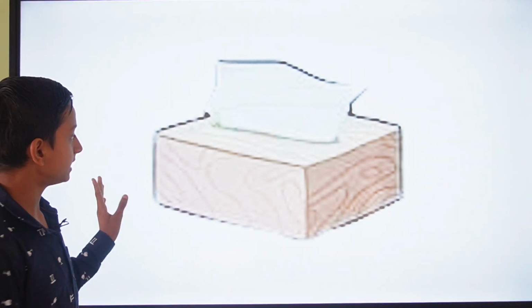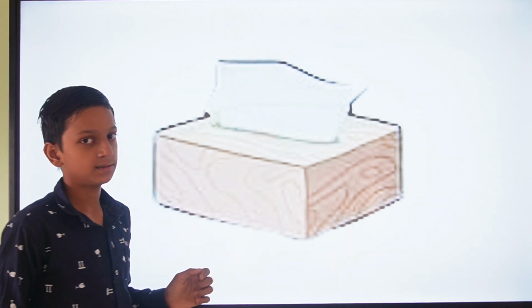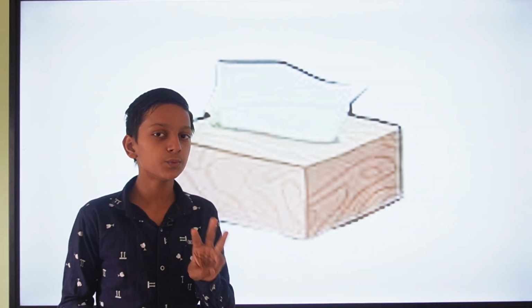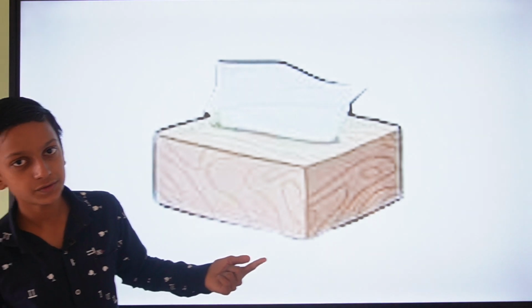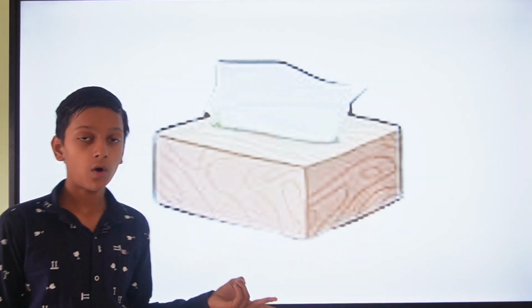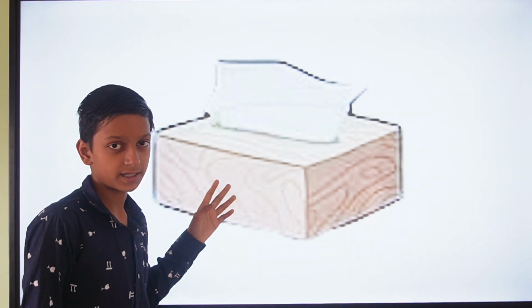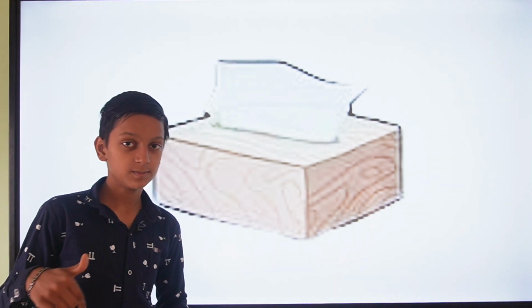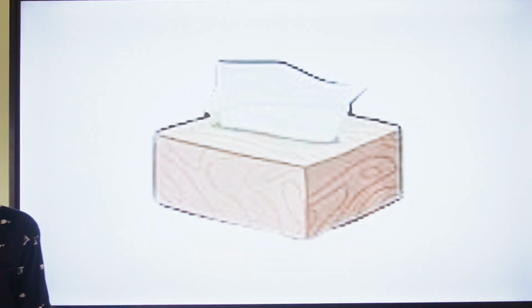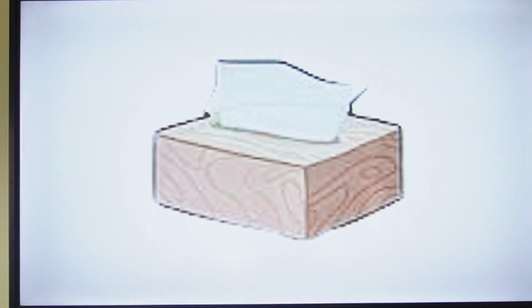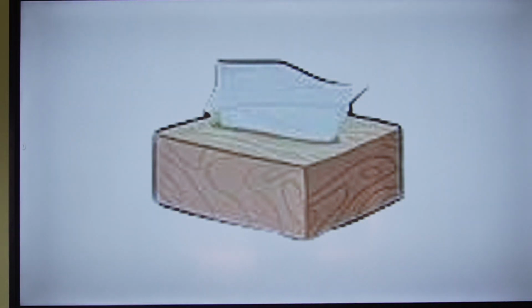Now let's go to our next image, that is this. Now you have to think what it is. Let me give you 3 words that it could be. Tissues, tissue box or napkins. Now you may think about it and let me know in your comments box. Just write it down on your notebook right now. Don't skip the video. 10 seconds.